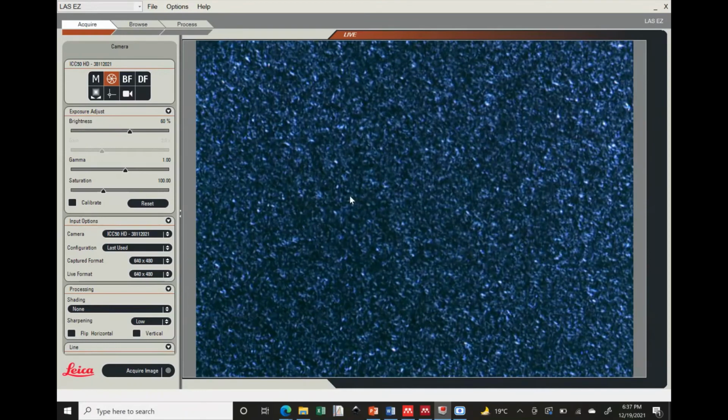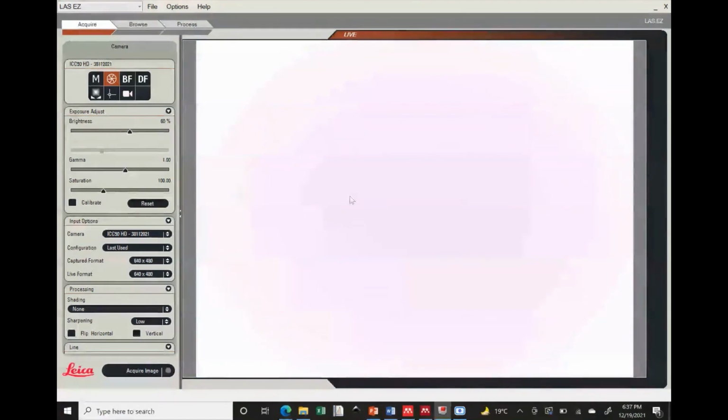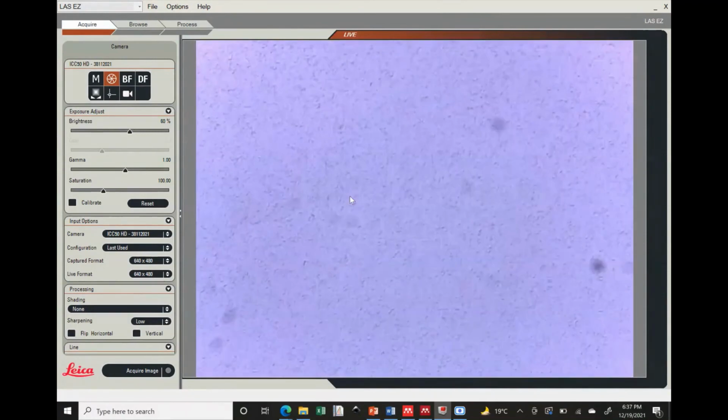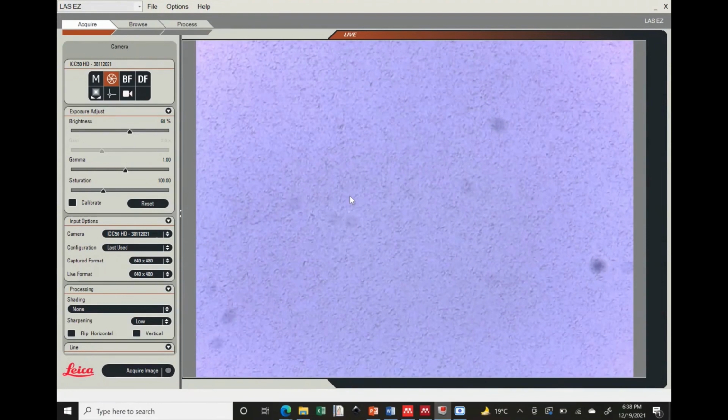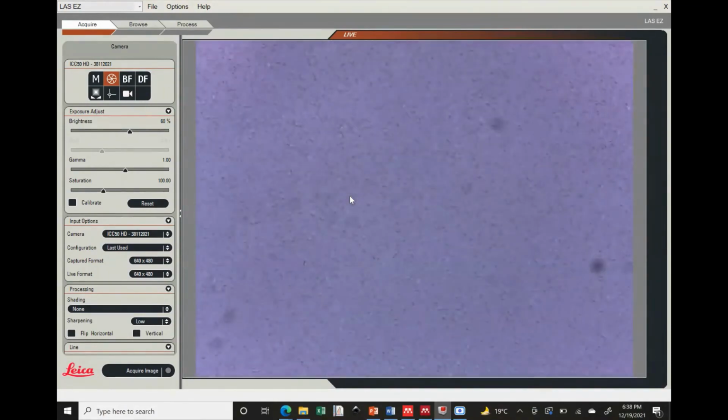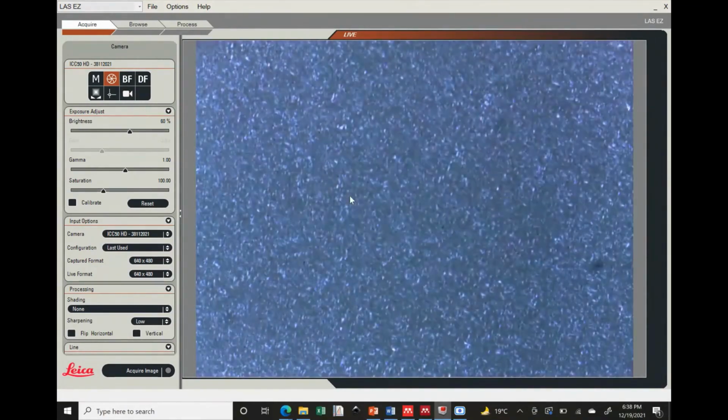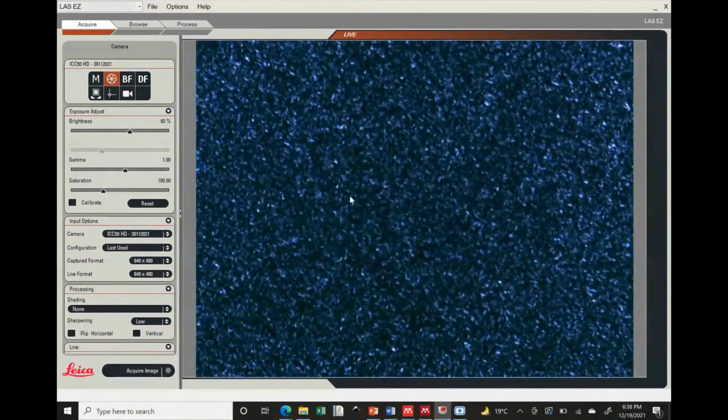This is an interesting thing, because this particular structure or morphological arrangement was not very clear when we were using bright field microscopy. We can go back to the place where we were looking at the bright field. The bright field microscopy was not sufficient to give us this kind of information, however, looking at the sample under polarized illumination helped for a better understanding of these structural arrangements and morphology.